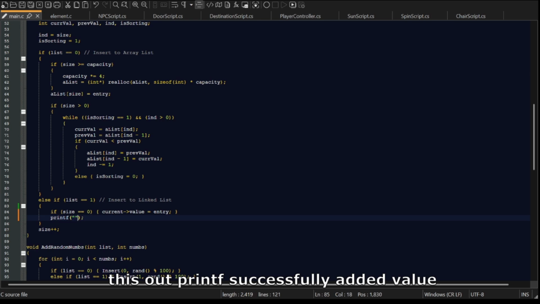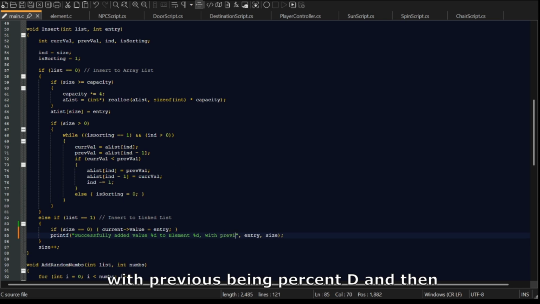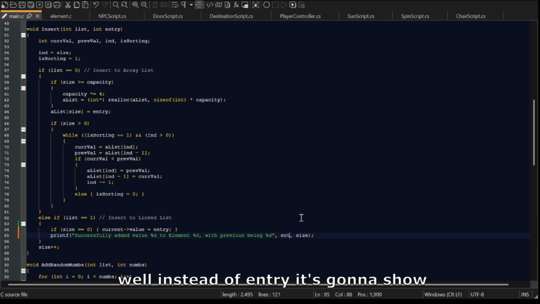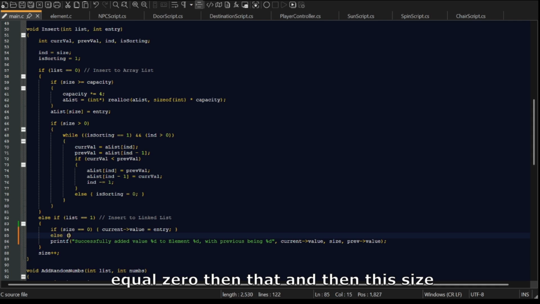Printf "successfully added value %d entry, and then size to element %d, with previous being %d", and instead of entry it's going to show current value, and it's also going to show the previous value, prev value. Right, if size equals 0, then that, and then if size is greater than 0,